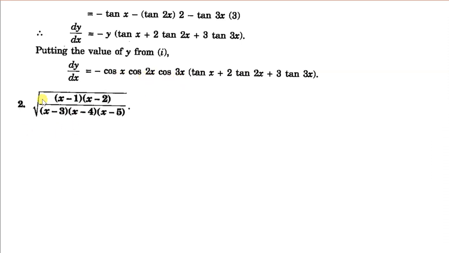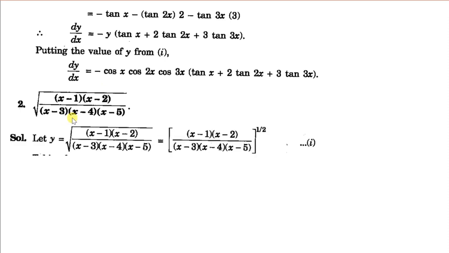Next one is under root of (x minus 1)(x minus 2) divided by (x minus 3). Here it is a complicated function, so we can use log to differentiate it. We can write it as power half by removing this under root sign. So taking log, y is equal to half